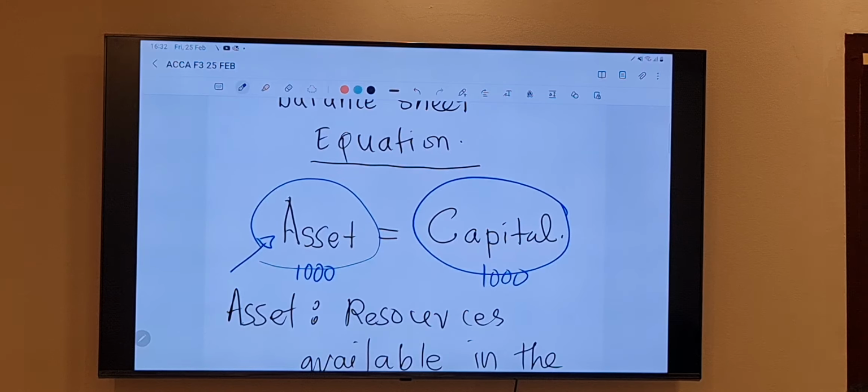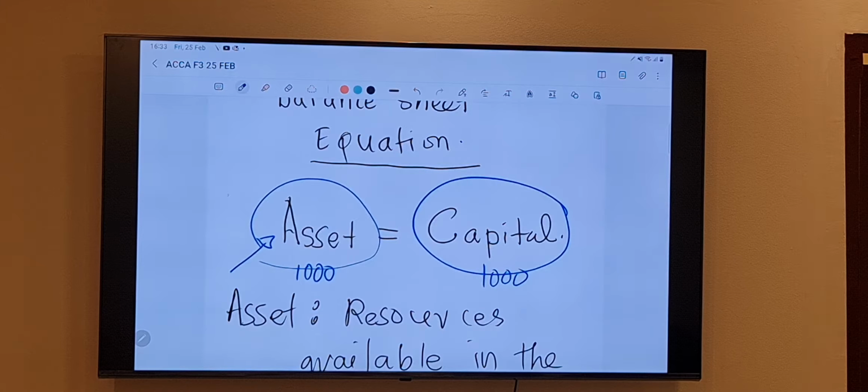But you understood what is asset now? Everyone clear? You understood? Yes, sir, okay? Right. Capital? Clear? Capital is what? The money introduced by owner in the form of asset. Any form of asset. One major form of asset, the owner brings what? Cash. Cash in bank and cash in hand. But in addition to that, he may also bring motor vehicle, he will bring land, he will bring anything. So any type of asset he brings to the business, we call it capital. Clear? Okay.